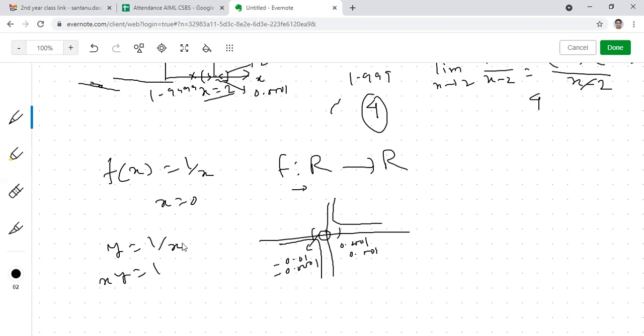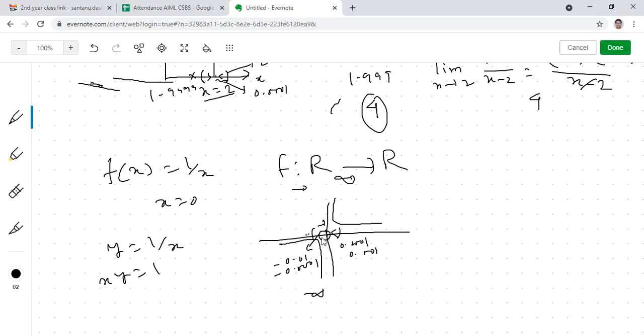So you put the values of x over here, and if you move towards 0 from the greater values, you'll find that the functional value is going towards plus infinity. And if you move from the left hand side of 0 towards 0, the functional value is moving towards minus infinity. Because if you put 0.01 here, it will be 100. If you put 0.001 here, it will be 1 by 1000, sorry, 1000. So the more you take smaller values and approach 0, the functional value approaches plus infinity, and the closer you get to 0 from the left hand side, it goes down to minus infinity.